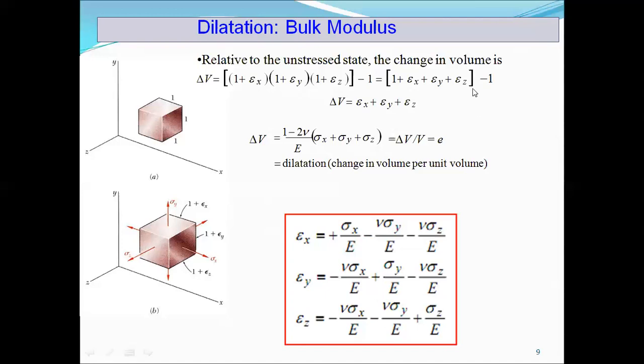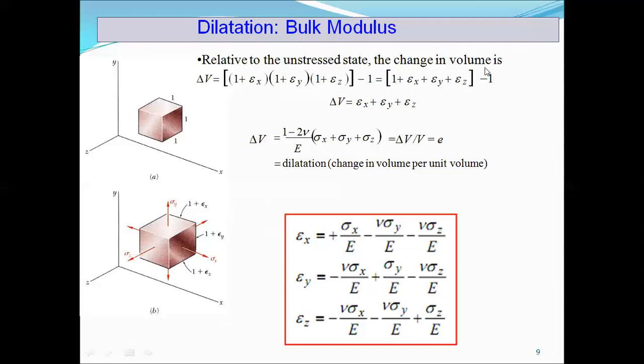Since we are dealing with strain, and strain is a minute quantity, it would be in fractions of a unit. So the product of two small quantities would be even smaller, and similarly the product of three small quantities would reduce further. So here we are using an approximation, and the approximation is that we are ignoring the higher order terms: the products of two small quantities and the products of three small quantities.